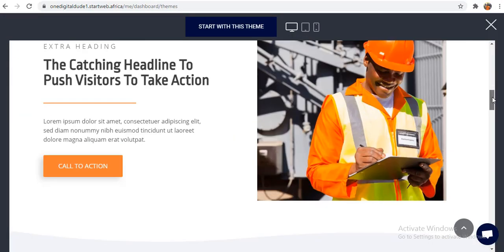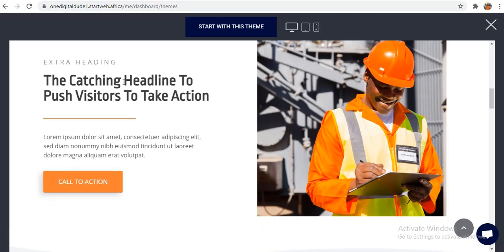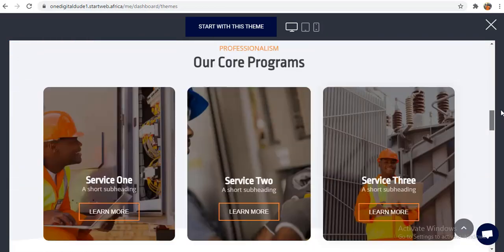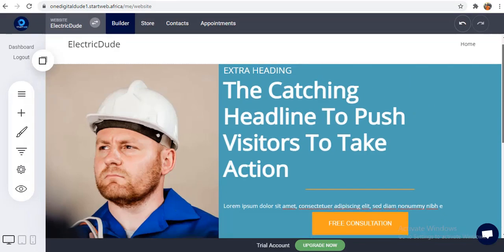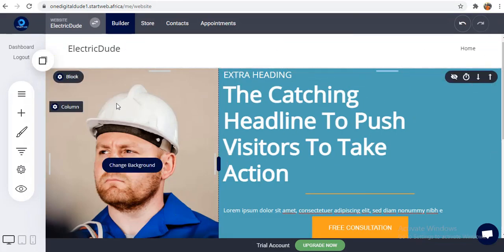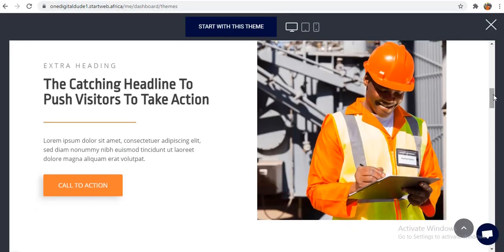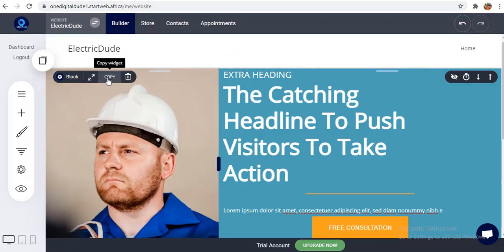So the next thing here is this next one. So you have two columns, just like the first one. We have text on the left, image on the right. Pretty easy to achieve. So to achieve that, just come back here. So we almost have the same thing here. If you see, it's just the same thing: extra heading, big headline, separator, text, and button, and an image. So instead of recreating from scratch, I can just come here and copy this block,